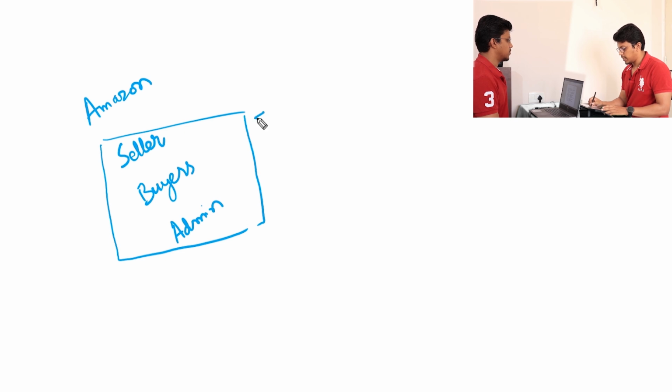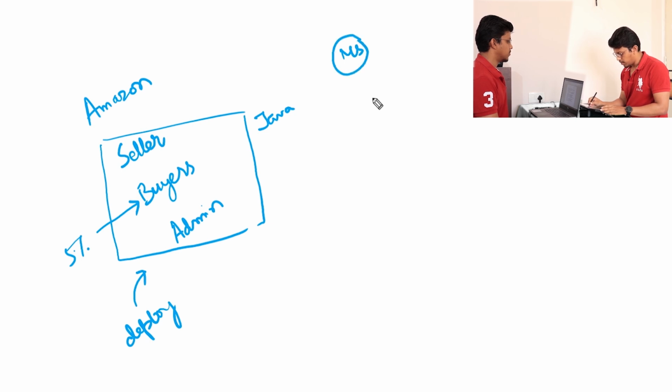Say suppose it is written in Java. So what happens is, if I need to change something in buyer, like I want to give an offer of 5%, I need to write the code and deploy the entire application. So instead of this, we can use microservice based architecture, where the seller will be a single application,